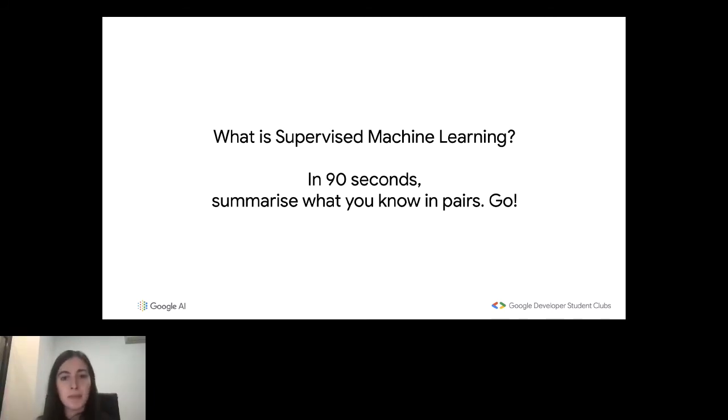So this is what we mean when we're talking about supervised machine learning. The opposite would be unsupervised. We do not have labels for our data. The goal of using a machine learning model is to try to identify some patterns that are within the data, and we're not going to tell the machine how to find these patterns. This is the cool thing of machine learning. We're not going to hard code what the system needs to be finding within the data, but it's going to be finding that on its own.